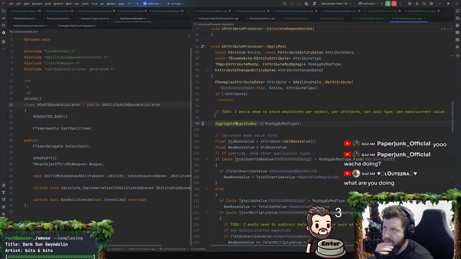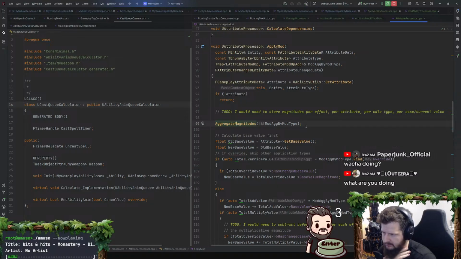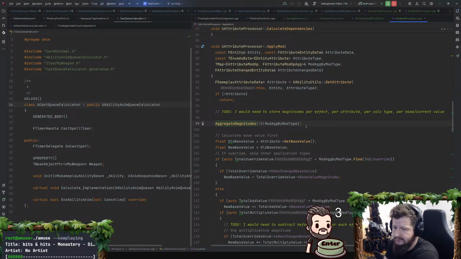What are you doing? We're doing some game dev today. I've been rewriting the gameplay ability system, which is an Unreal Engine system. And it's a fine system. It works nicely, and it's very powerful. A bit of a learning curve to it, but it's a fine system. And I don't say that about every Unreal Engine system that I've rewritten so far.